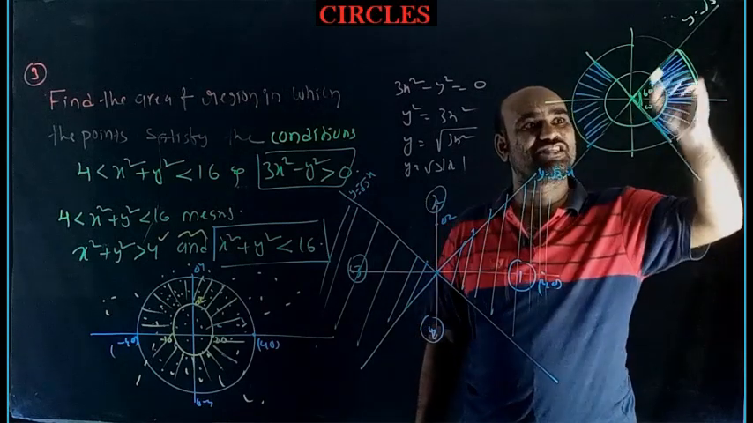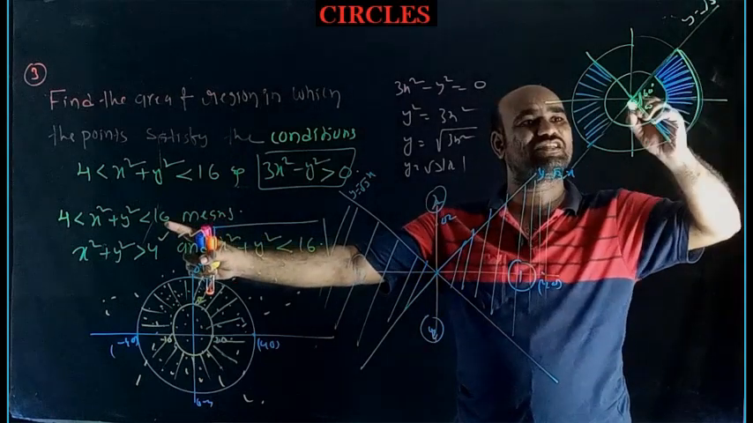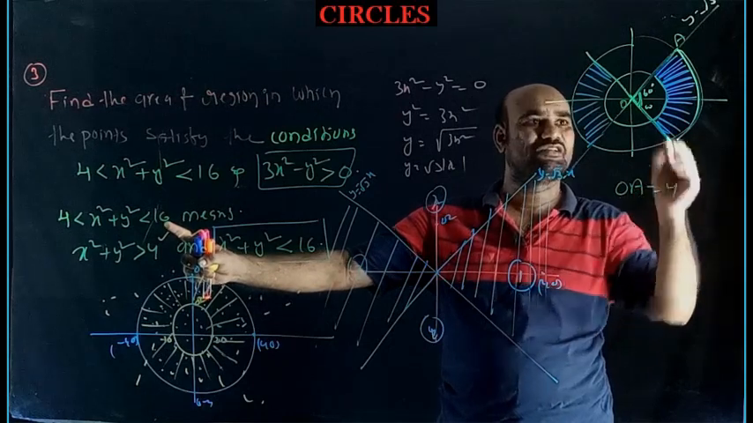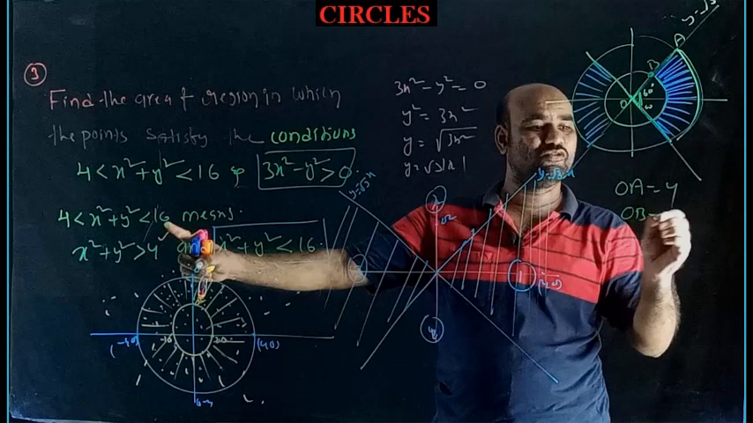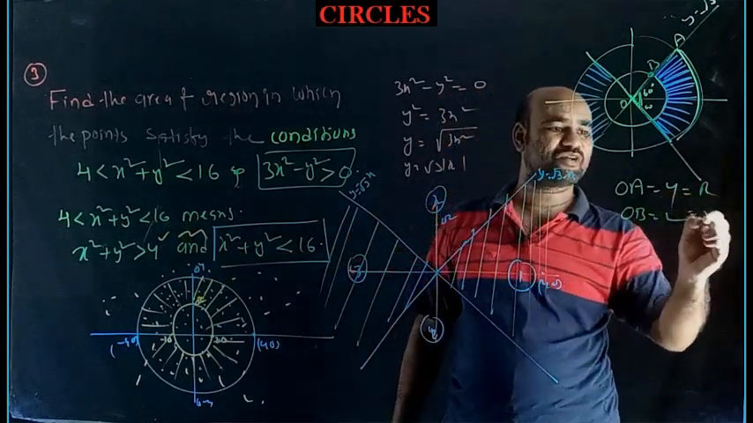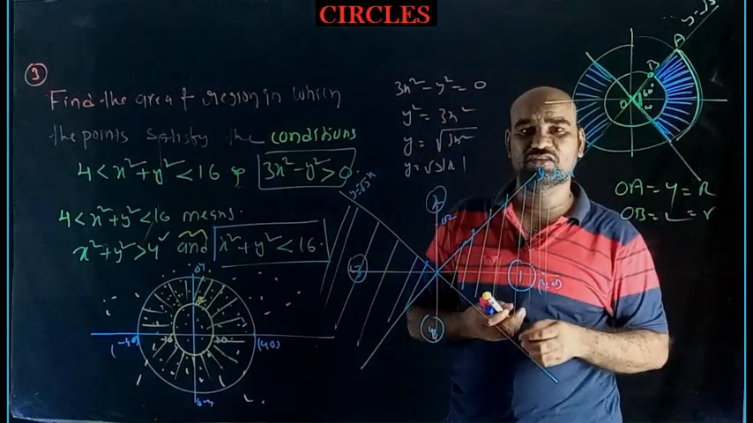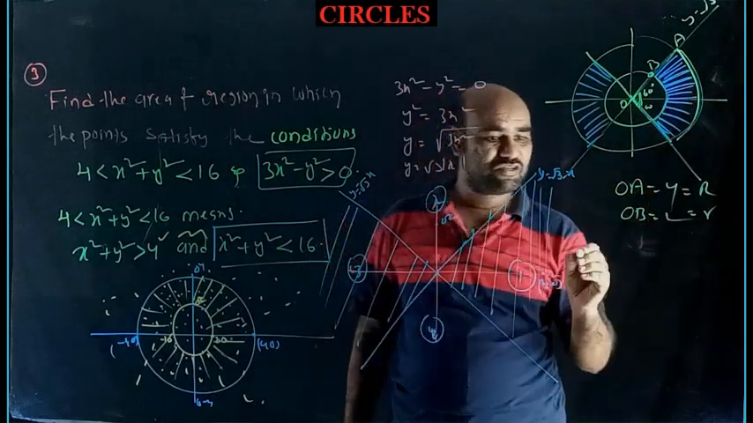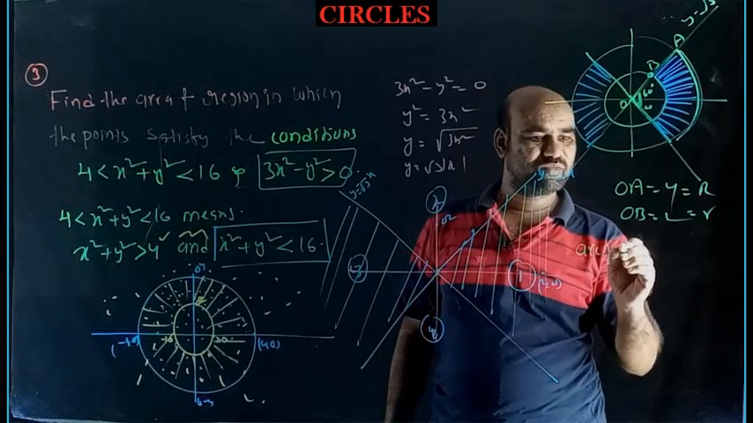So this total bigger radius is what? 4. Say this is O, say this is A, OA is 4. So this is B. So OB how much? 2. I can say this is capital R and this is small r. So the area of the bigger sector minus the area of the smaller sector gives the area of the shaded region, times 2 gives the required area. So the area of the bigger sector,